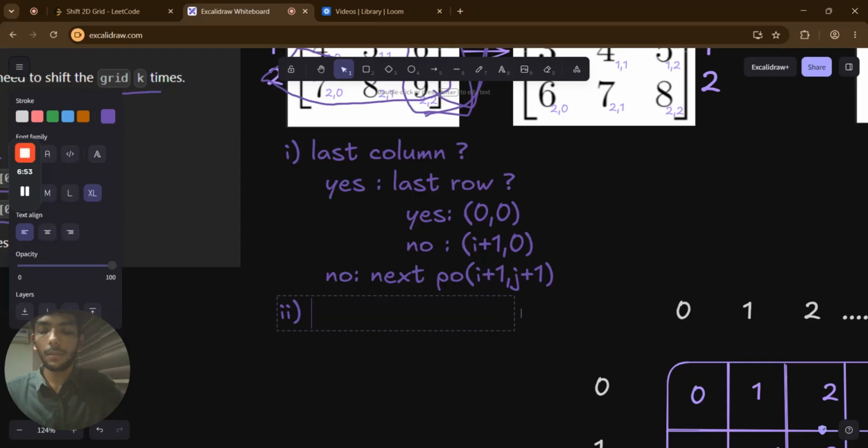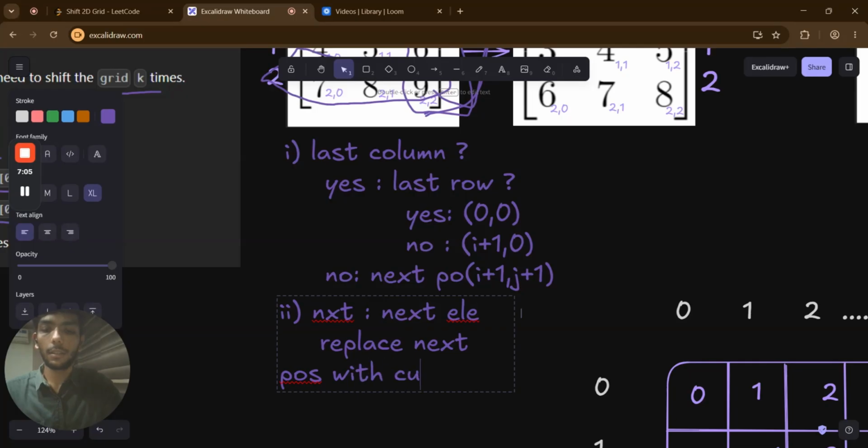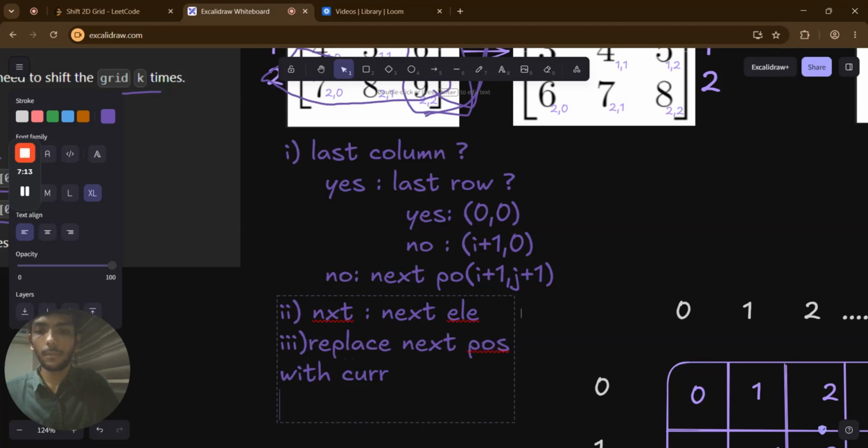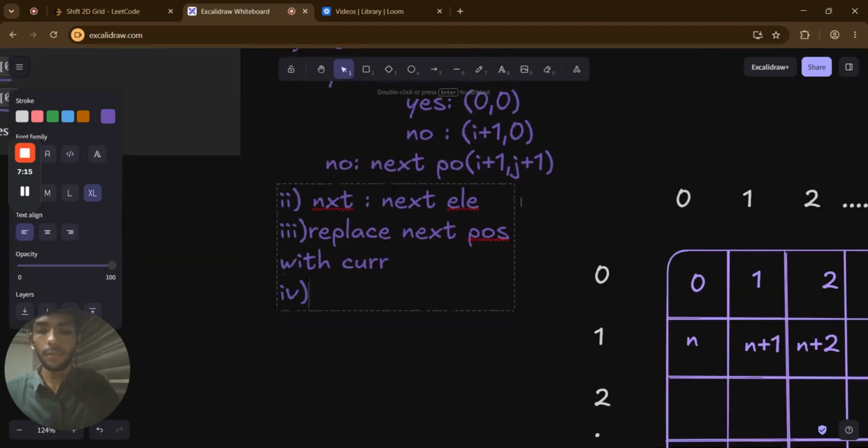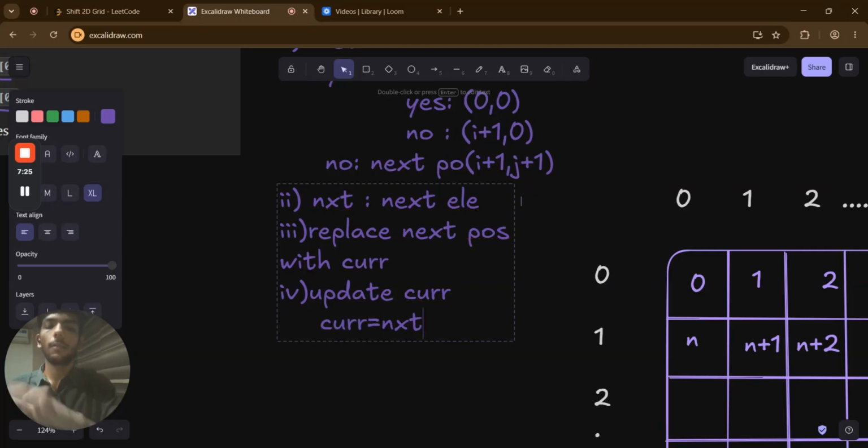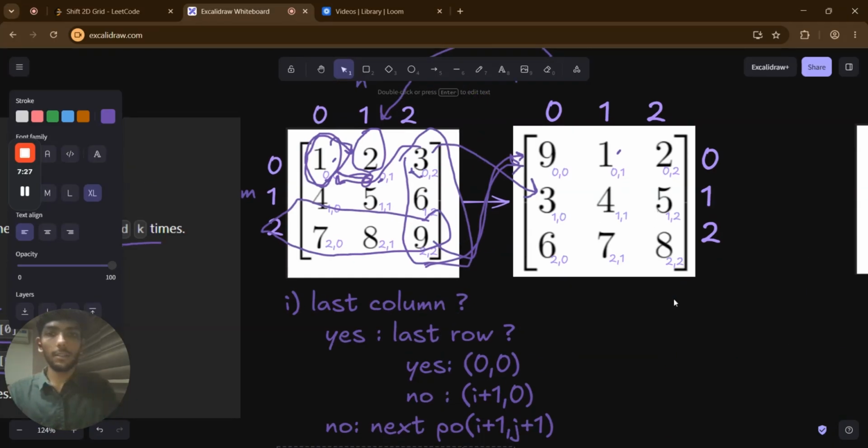We will store next with the next element and replace the next position with current, and then let's make it easy. And then what we'll do is update cur. Okay, so what we have done is